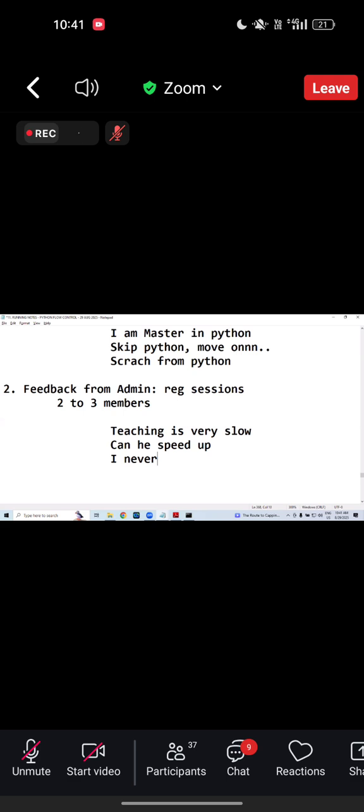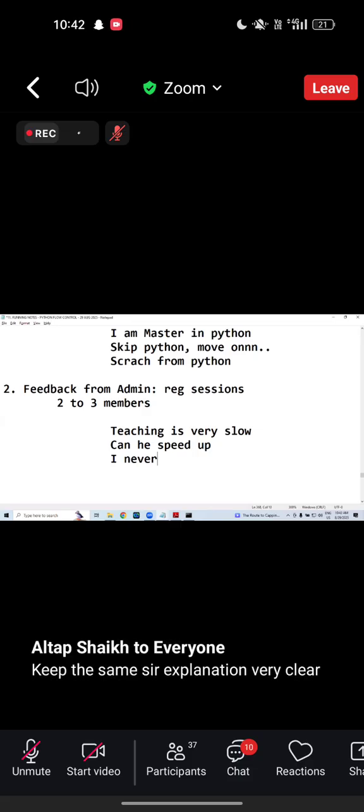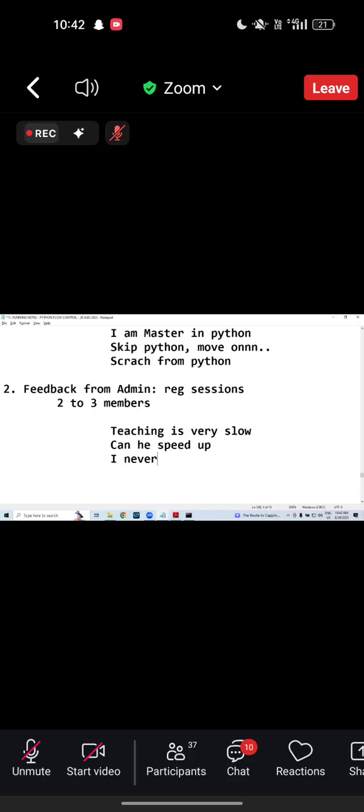At Naresh IT, Daniel is not the only trainer. You have other trainers. You can try SRK sir. SRK means not Shahrukh Khan, it's Siva Ramakrishna sir. We also have Onkar sir and Senapati sir.